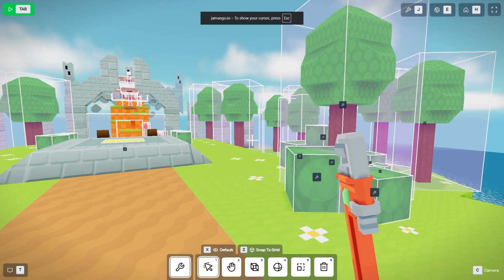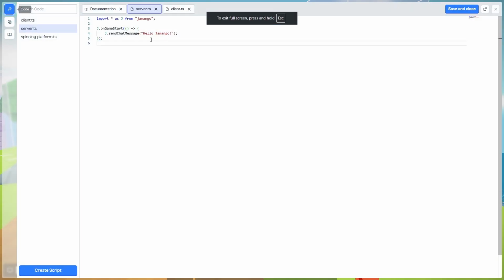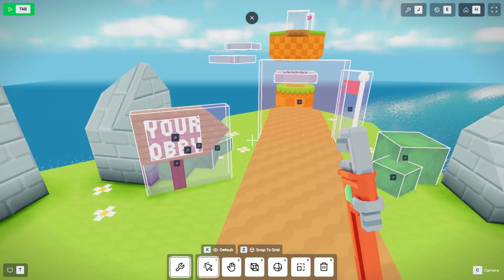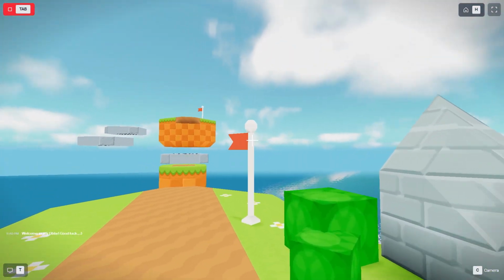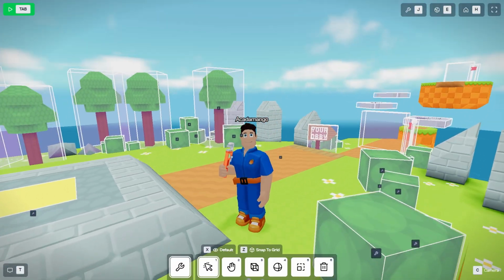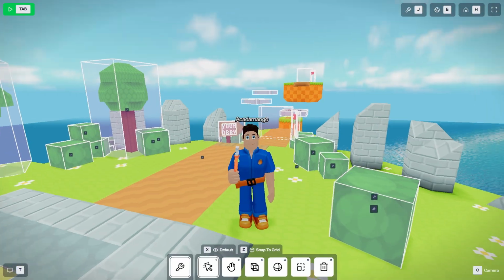Now let's go back to our script and change what this message says, because hello Jamango sounds a bit bland. Instead, I'll replace the text inside these quotation marks with welcome to my obby. Good luck. And then I'll put a little smiley face at the end to be funny. Now we can save our script, and now when we run our game, we get this new message coming through chat. Very cool. But like I mentioned before, this is almost what we're looking for, but there's one big issue,